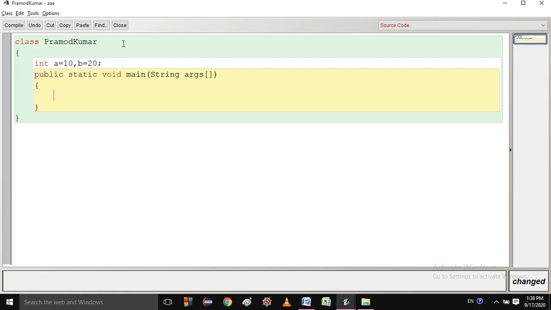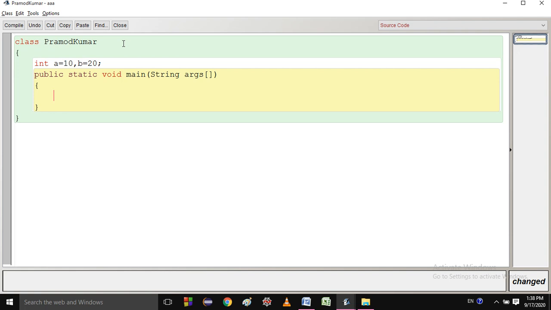So how will this happen? This will be accessed by the dot operator. These variables belong to an object, so we write the object, then dot, then the variable name.